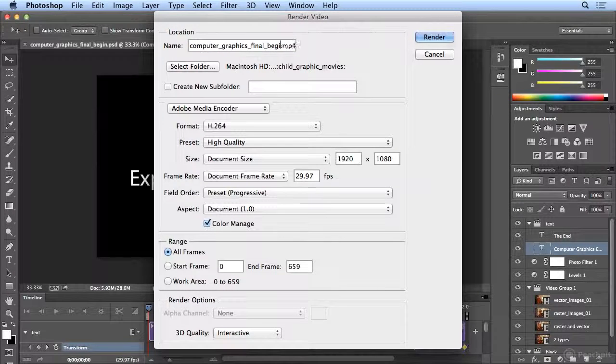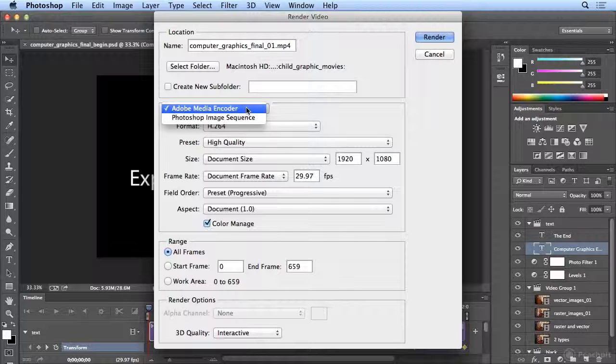I highly recommend that you start numbering, because you may do several versions of this to see if the width and height is ending up proper, or if you've got it at the right file size, if you're going to be emailing it or sharing it on social media. So as you create each version of your video, give them numbers just to see as you change the settings how that impacts your file size, your dimensions, your upload speed. So when I give this a name,